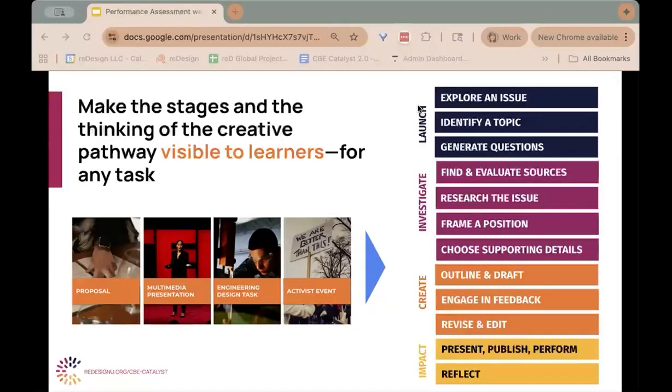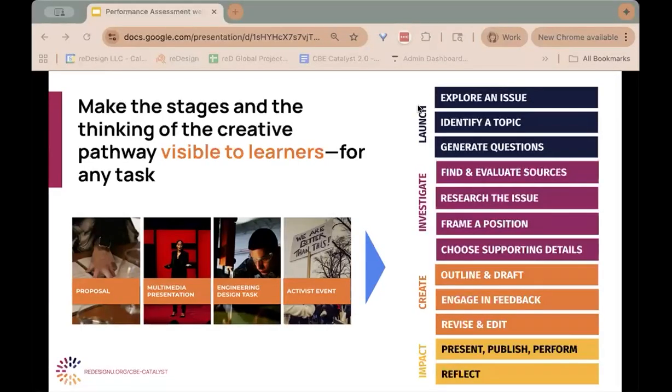Okay, so with the thinking blocks here that are mapped to the creative pathway, we can literally make learning visible to learners. They can understand and see that to launch the work, you first need to set the direction for the project.